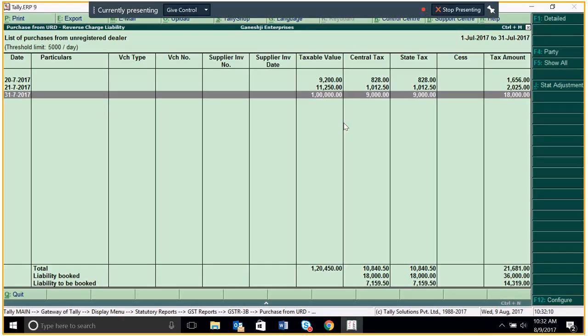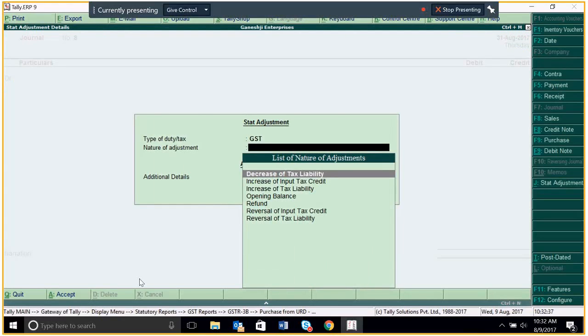So now you need not pass a journal adjustment entry for all the transactions one by one. At the end of the month, so let's say for the July month, on 31st of July, they can pass an adjustment entry, that is the total liability that needs to be paid to the department. If they want to pass a journal transaction, on the right hand side a button is already provided, that is stat adjustment. The flag that they need to select is increase in the tax liability, because when you purchase from an unregistered